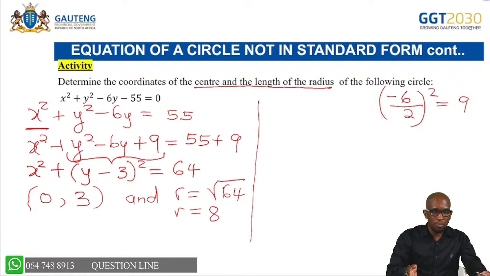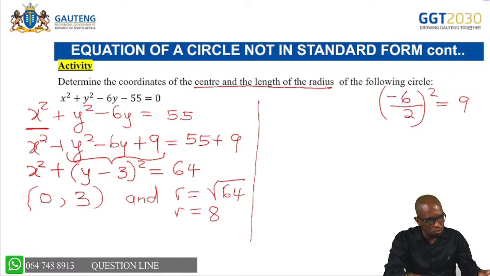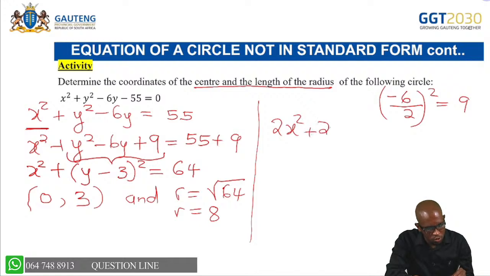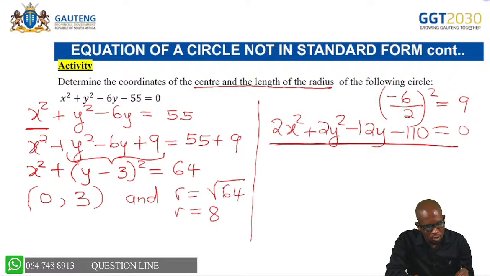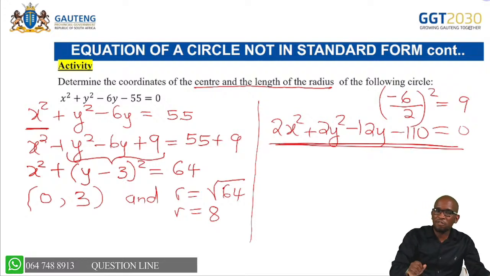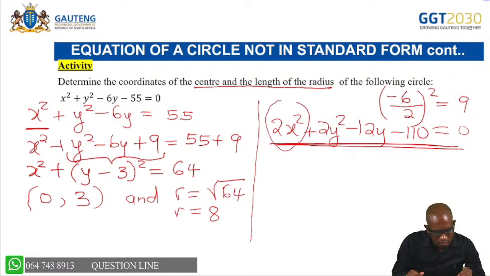Say, for an example, if an equation is multiplied by a constant factor of 2, we take the equation that we have in activity 3. If you multiply that by a constant factor of 2, you're going to get 2x squared plus 2y squared minus 12y minus 110 is equals to 0. You can obviously be asked to convert this equation to the center and radius form. If you check the leading variables,